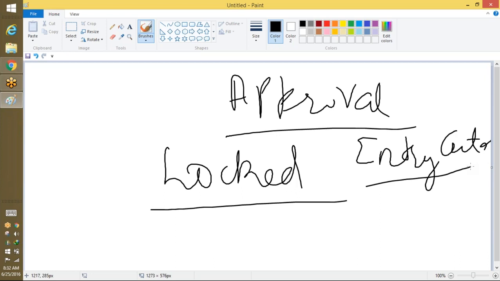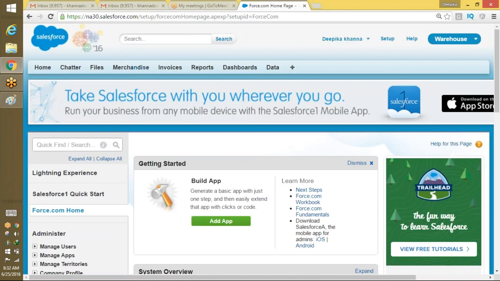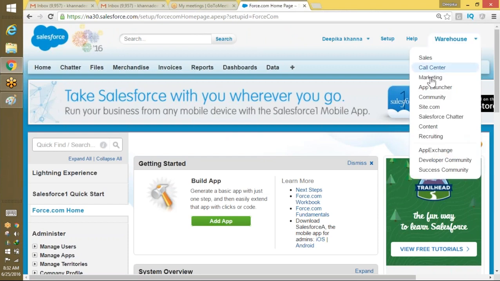Or if this person approves it, create a task for that person. So you can go ahead and add those workflows into the approval process. Okay, so now we're going to go back here and see how to create our first approval process. So right now, if I go to my recruiting app,